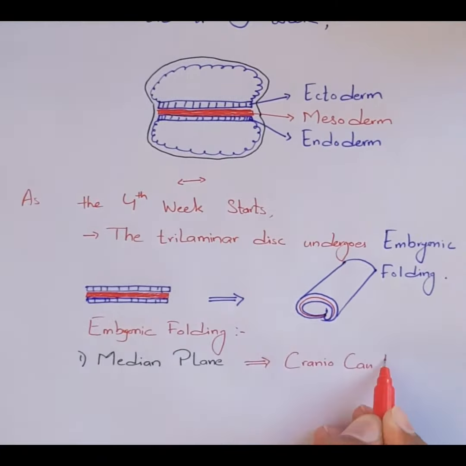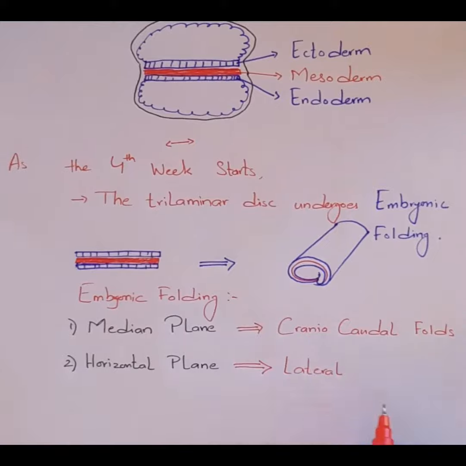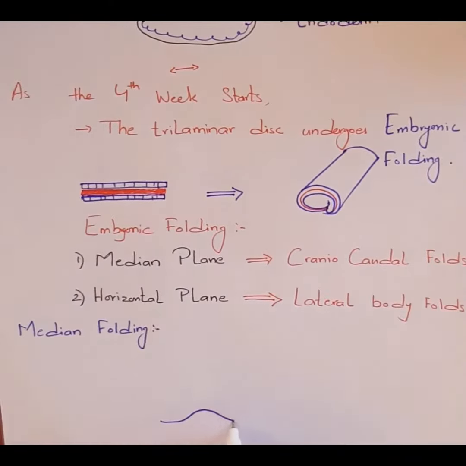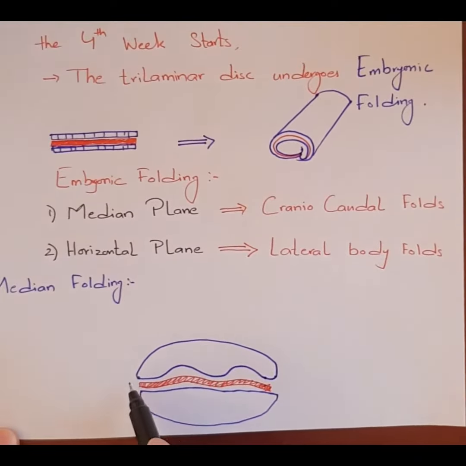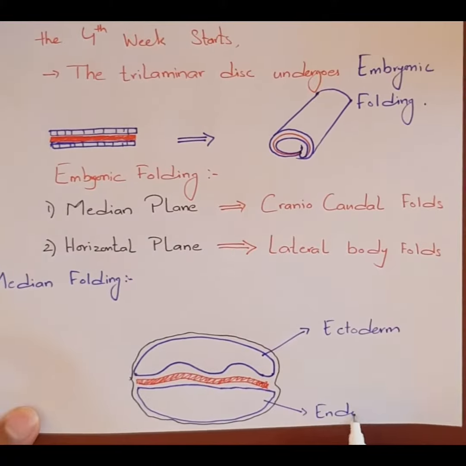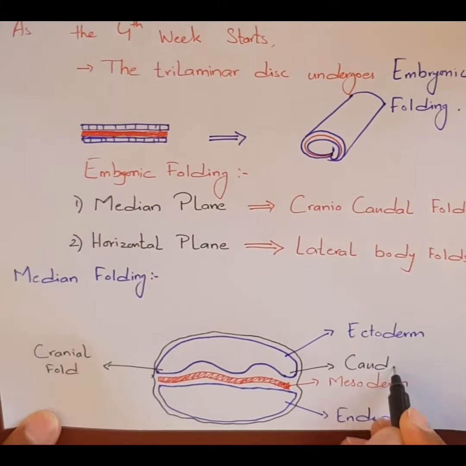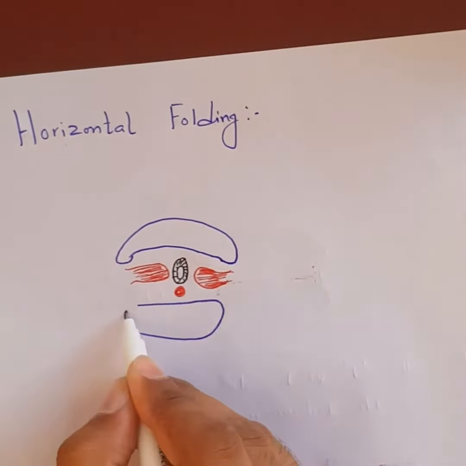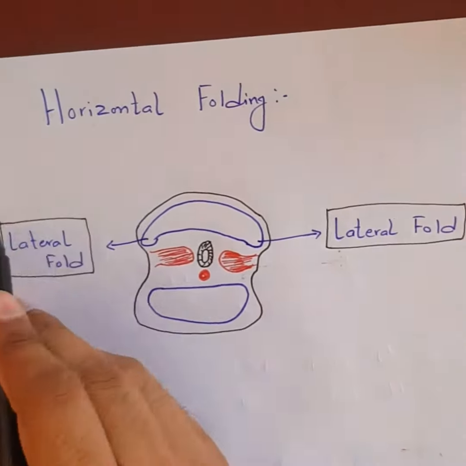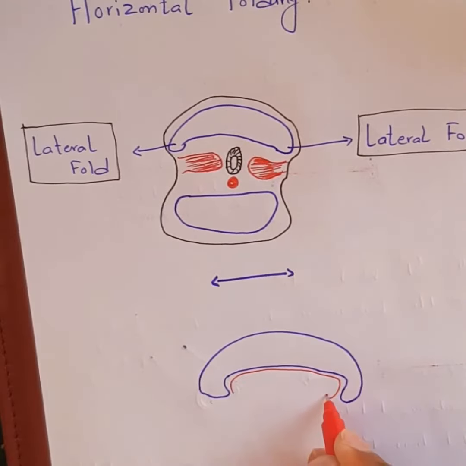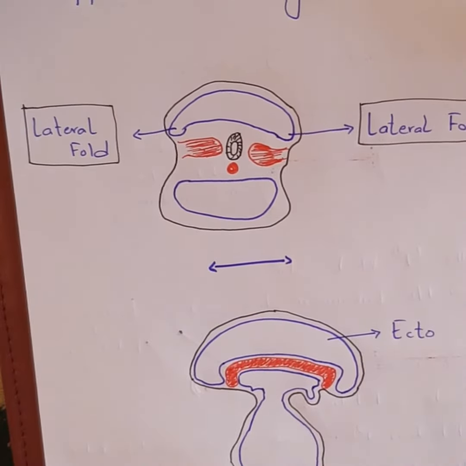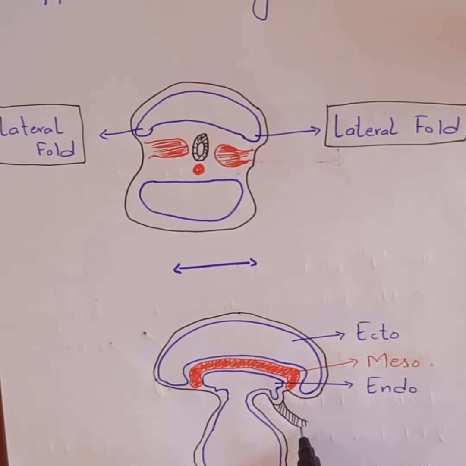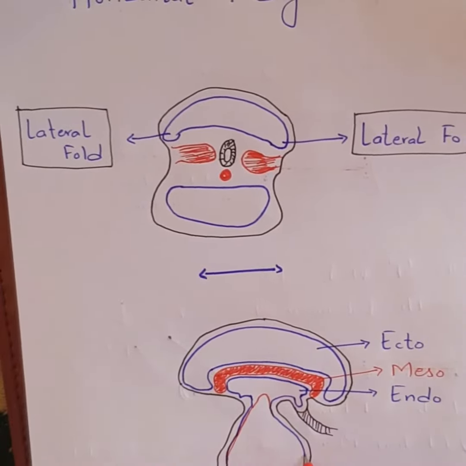The embryonic folding occurs in two planes, the median plane and the horizontal plane, both occurring simultaneously with one another. Folding of the embryo in the median plane produces craniocaudal folds, while in the horizontal plane it produces lateral body folds. As the folding continues, the endoderm moves towards the midline of the embryo, incorporating the dorsal part of the